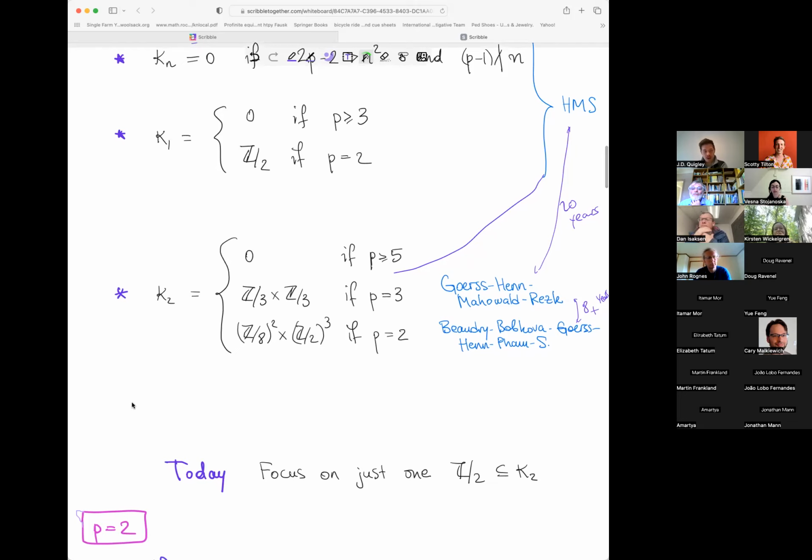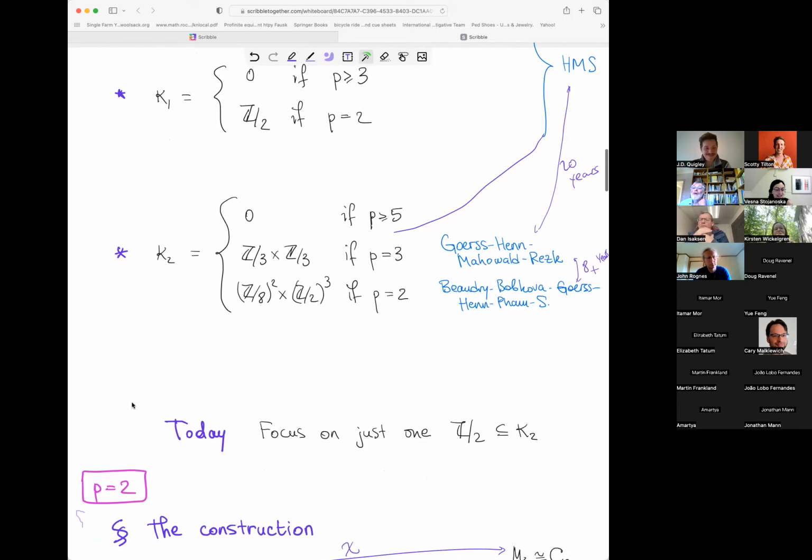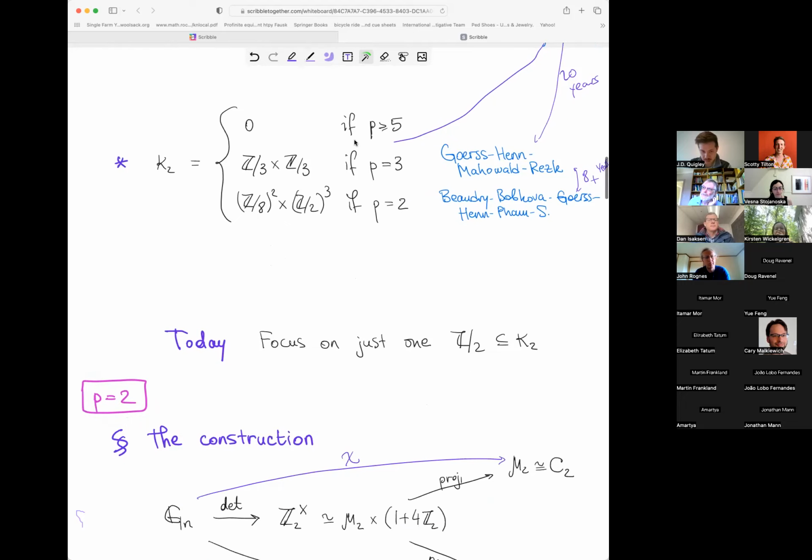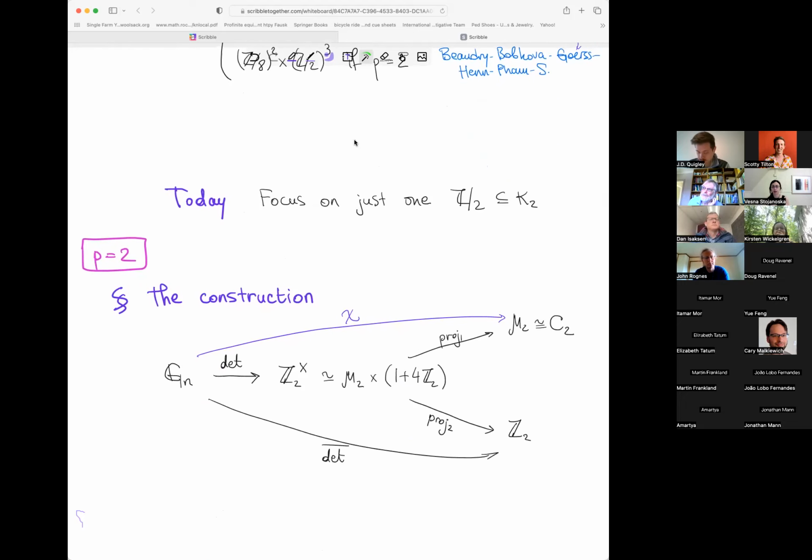So now we're going to switch to P equals 2. And this pink box here is supposed to be telling you to P complete everything. So we're looking at the K(n)-local situation at the prime 2. And we'll look at this construction first that actually applies at any height at the prime 2. But okay, any more questions at this point, or comments or concerns?